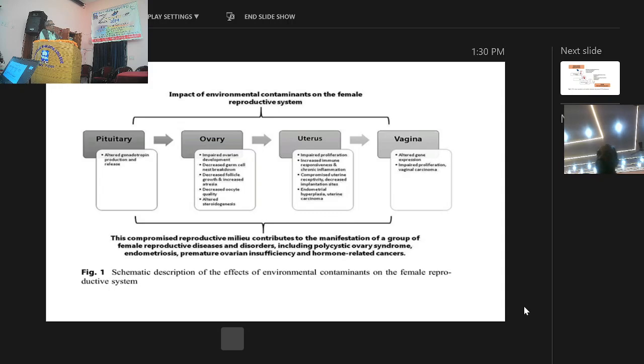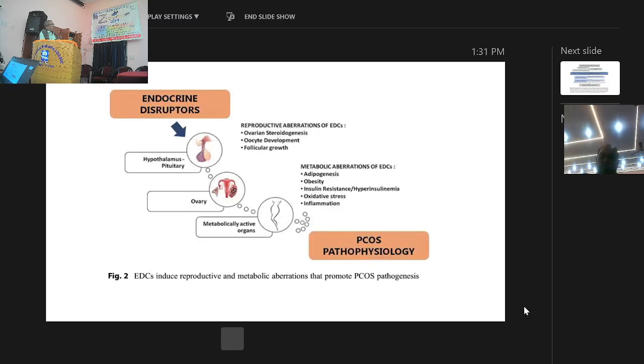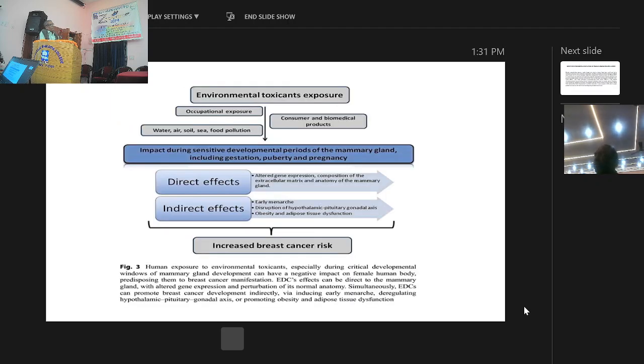Now, this is the impact of environmental contaminants on the female reproductive system. Next. And these are the endocrine disruptors, how they influence the hypothalamo pituitary gonadal axis. This I can talk about. Next. Now,